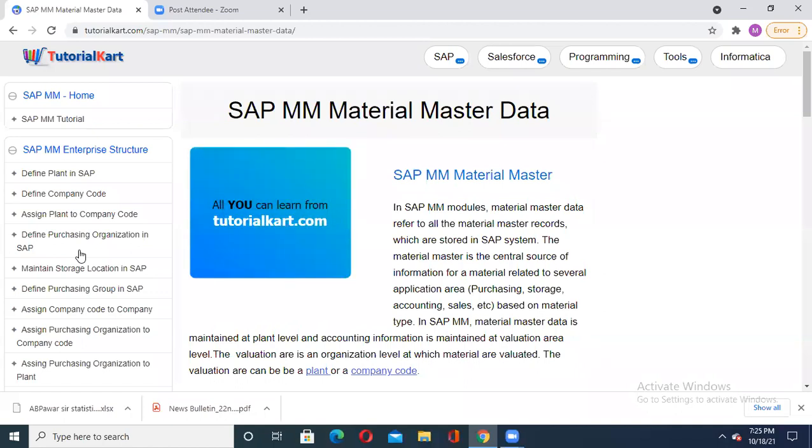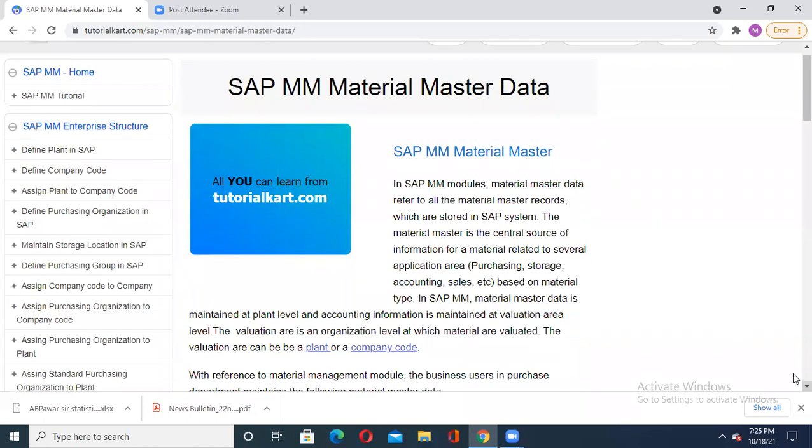It is the main database available in an organization in the form of the material master. About each and every material the information is stored: from whom it is purchased, how it is purchased, where it is used, who is using it, how it is maintained or used to produce the final products. For everything this material master is working. And mainly the material master concept deals with the financial related records.